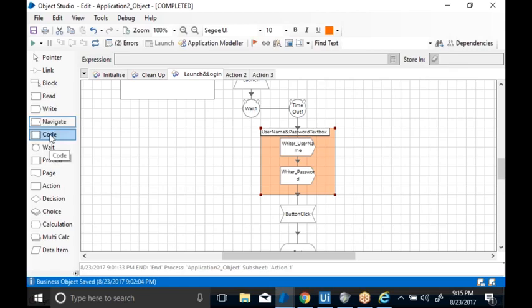And again we have a code stage. By using a code stage, we can write the code inside the object studio. Now what kind of code can we write? What languages can we write? We can write three languages: C#, VB script, or J#. We can write any one of these languages in all the objects.